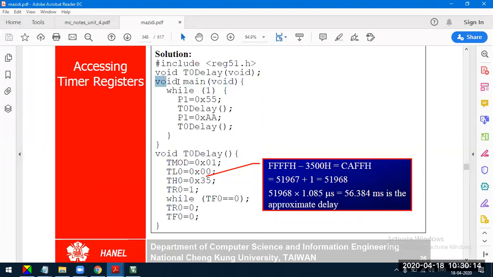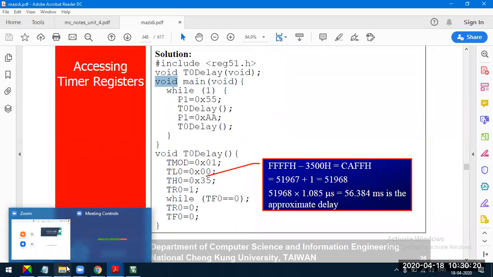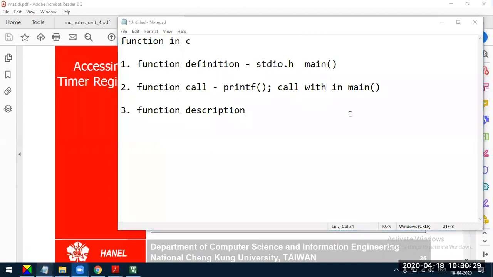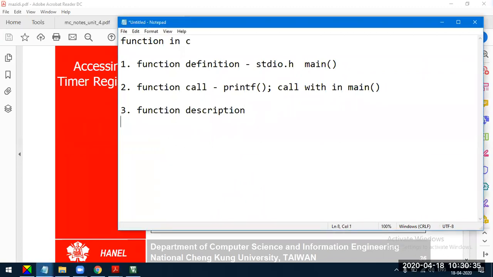Let us look into the main program. The syntax is like this. The main program does not take any value, nor will it return any value. Another 10 minutes left, so I'll wind up quickly. Now in the first year programs, if you guys remember the first year C programs, we defined the main function like this, main.